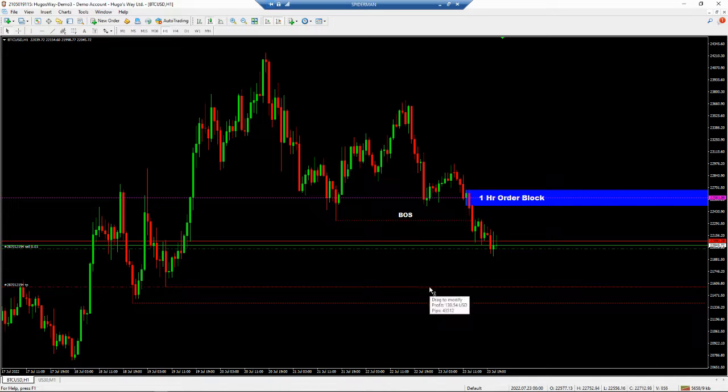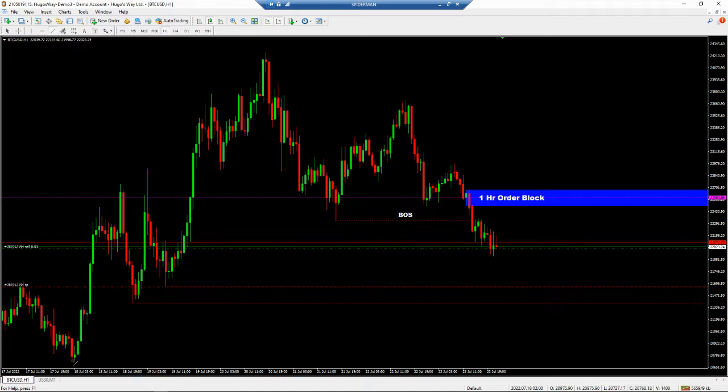So when price either gets to this first horizontal line or this second horizontal line, it's going to reverse and go back up. And until it gets there, from here, where I got in at, all the way down to